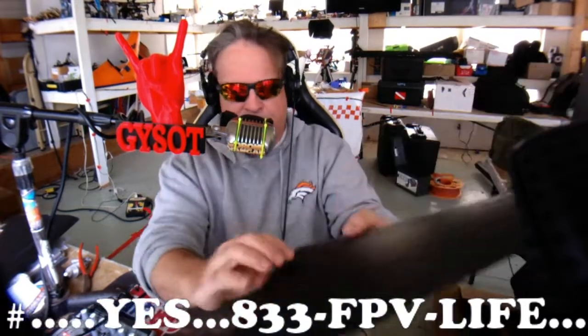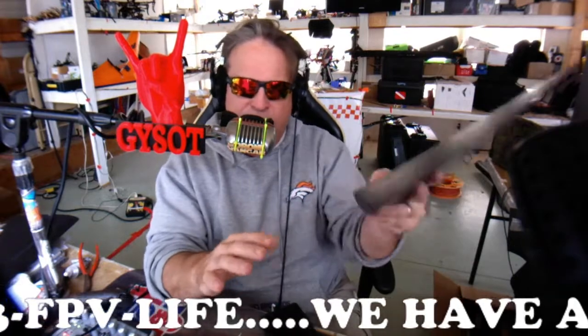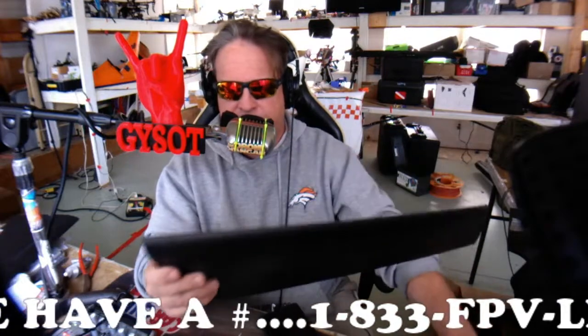Looks great. I even painted inside the bay, even though I really didn't want to, but screw it, I did. It looks aesthetically better. Once I put the servos in there, they won't see gray. It'll actually be black, so it'll look really cool. Mad Max 3 has turned out to be very nice. I spent the most time on this one than I have on any other Mini Drak that I've created or built. So what I'm going to show you real quick before we go on to elevons is